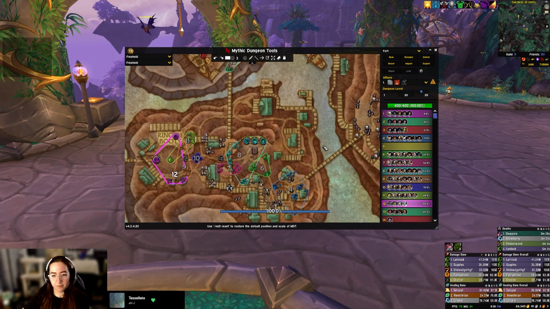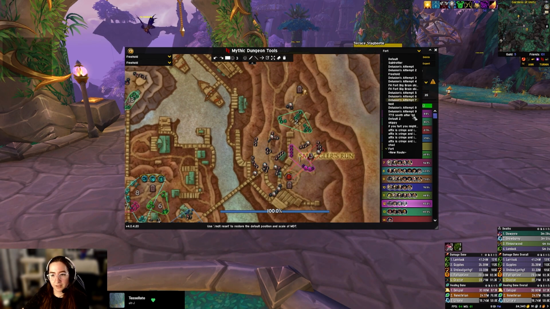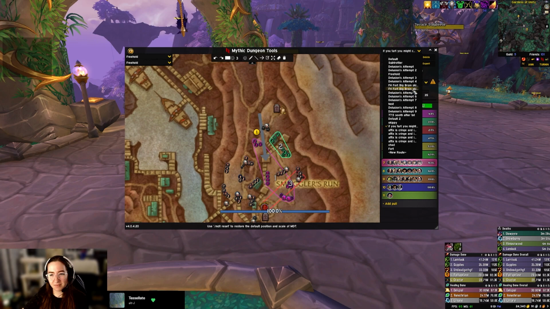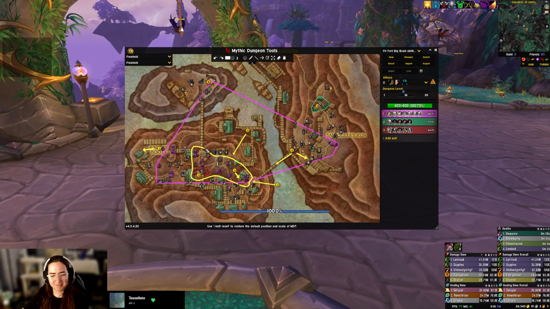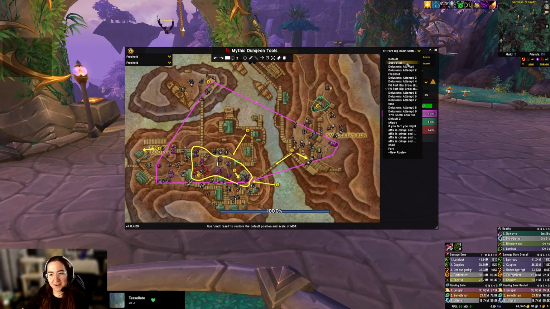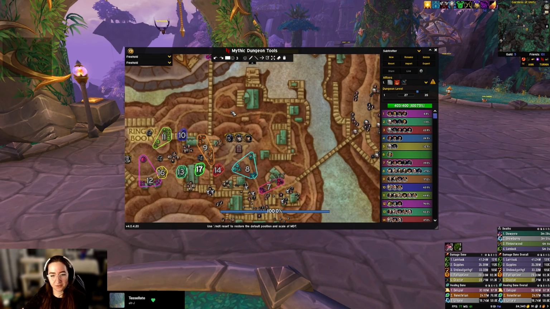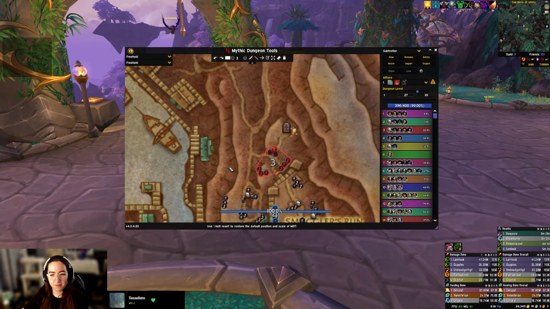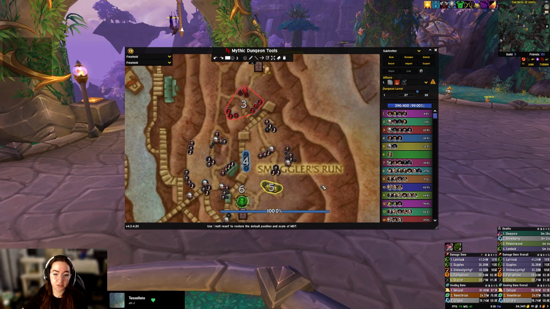So, I have a Freehold route pulled up here immediately. People name things funny things. But yeah, I don't know what's happening here. But there's a lot you can do. You can make sure that you're at percentage. It's a really good thing to have even if you're not a tank because it's really nice to know what